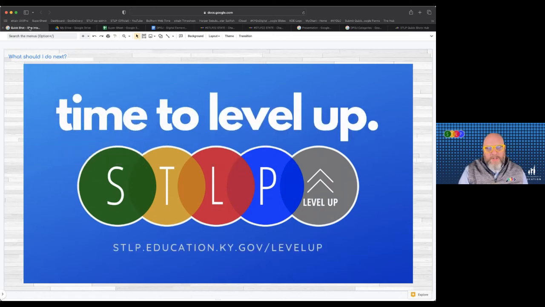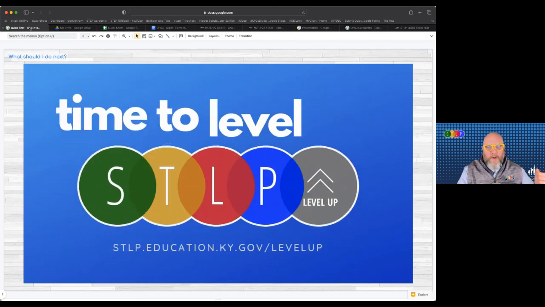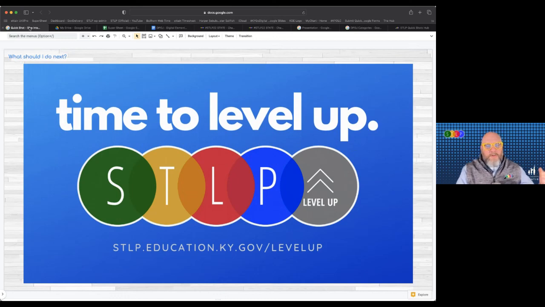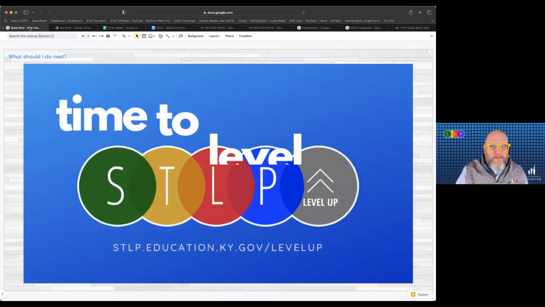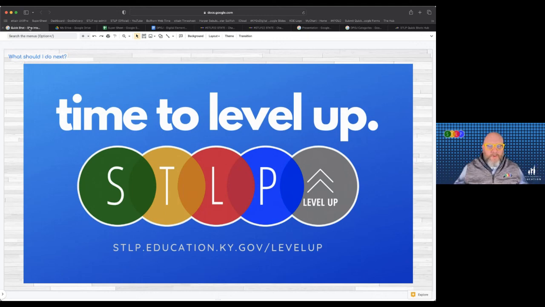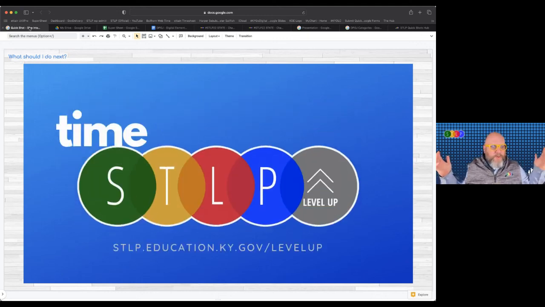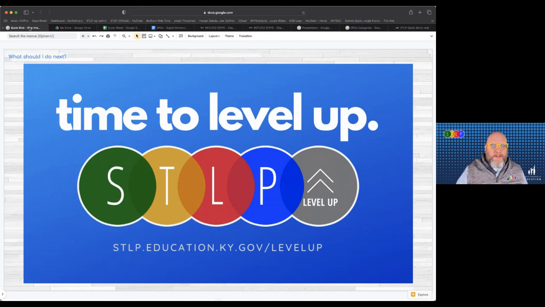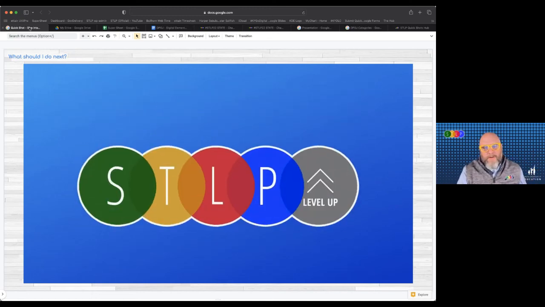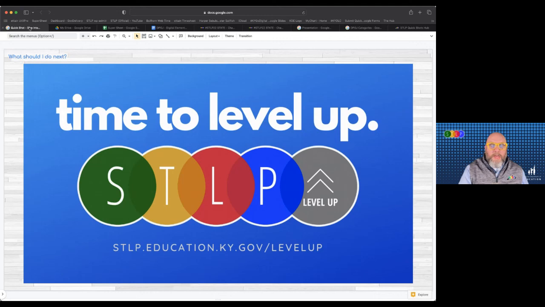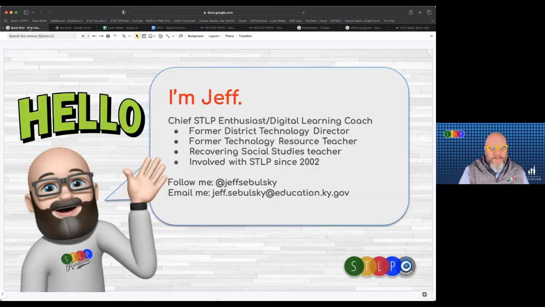But also now jump into the level up activities. If you're not familiar with level up, it's our badge, it's our fun gamification for STLP. You can earn badges while you're exploring the DPOJ categories simultaneously, which is really a lot of fun and helps also guide students through some different STLP activities. If you find yourself with a group of students in class after school meeting for STLP and I'm not sure what I should even be doing with them, go jump into Level Up, because you're going to find a number of activities that you can engage students with and earn some badges along the way.